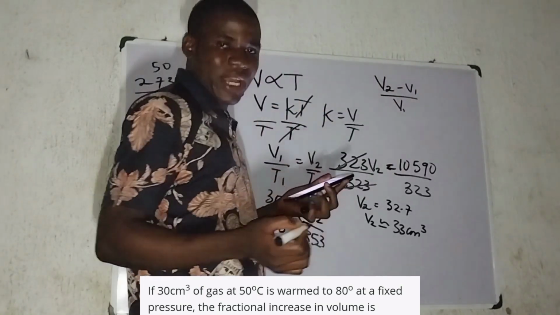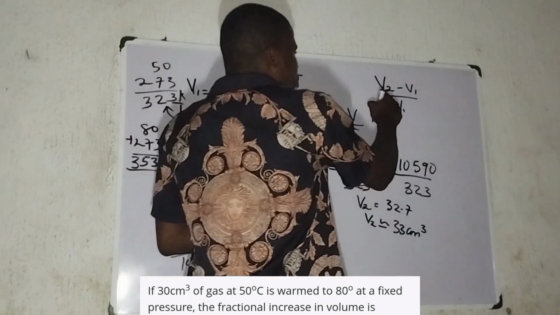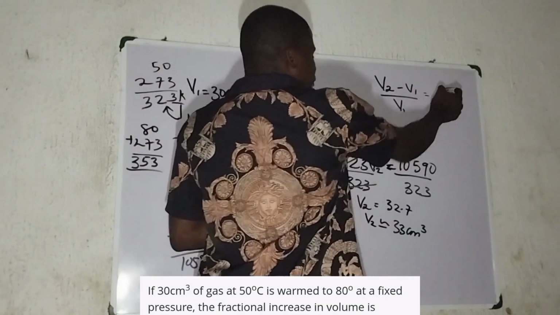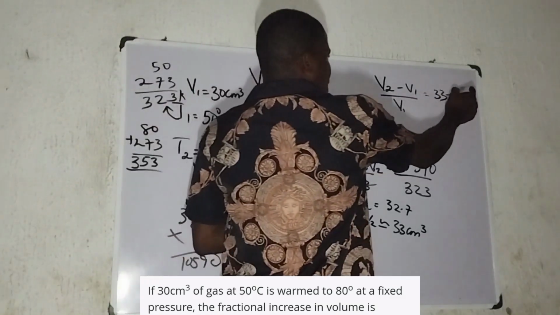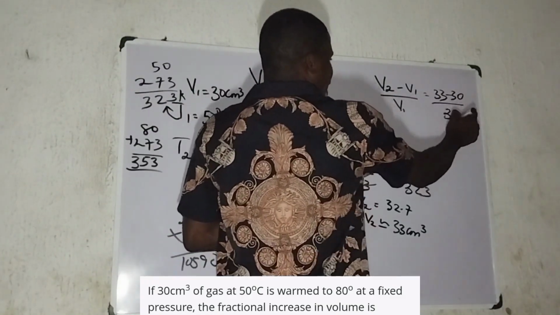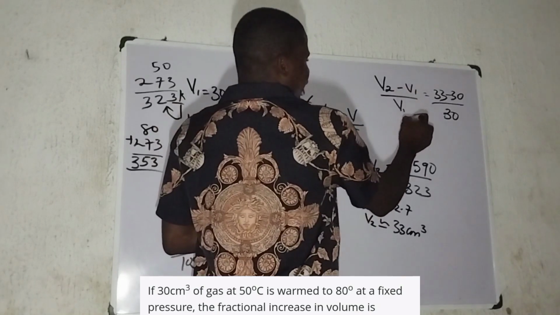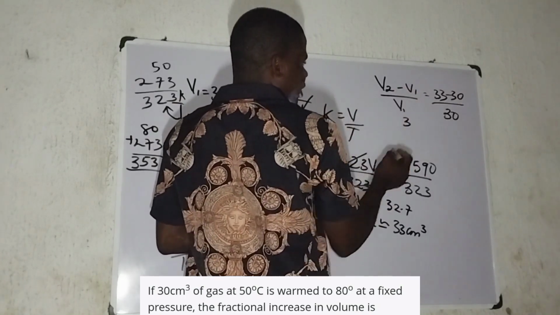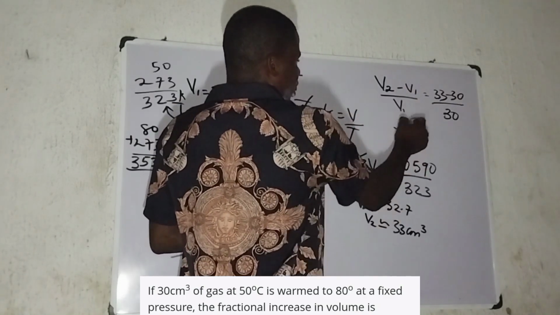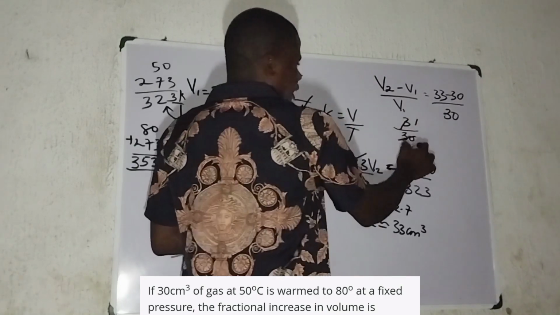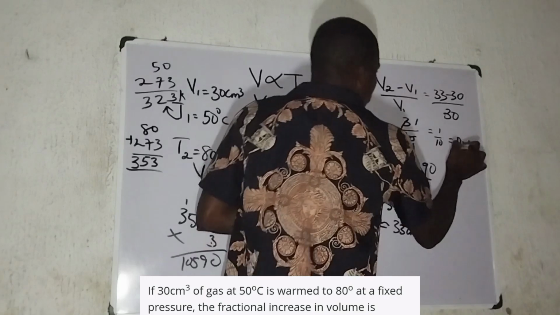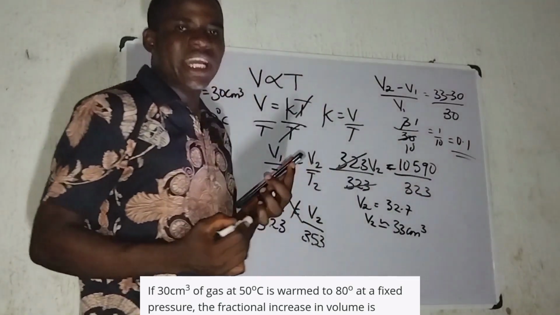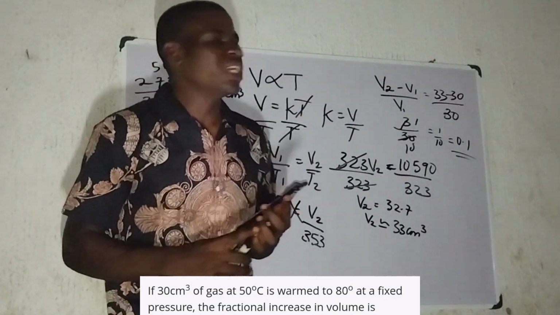It's just like selling price and cost price. So I have V2 minus V1; the V2 I got is 33, and my V1 was 30. So 33 minus 30 all over 30. 33 minus 30 is 3, all over 30. 3 here, 1; 3 here, 10. So 1 divided by 10 is the same thing as saying 0.1. So the fractional increase in volume is definitely